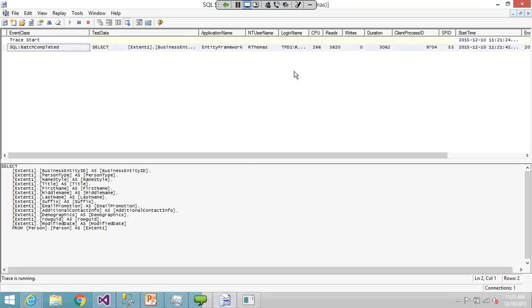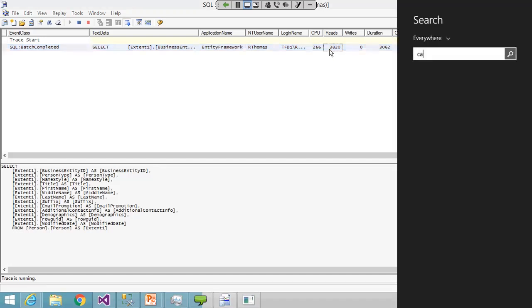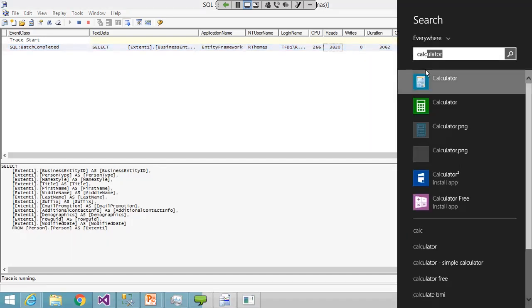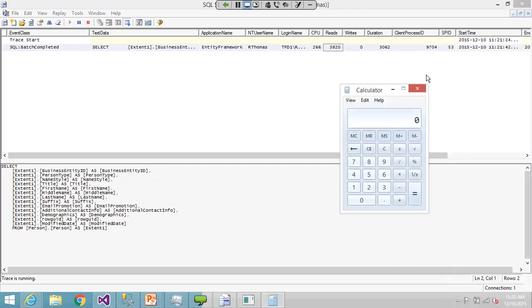This column right here is the one that I am most concerned about as a DBA. That query caused 3,820 reads. Each of those reads represents a data page. So if I bring up my calculator, I cannot do math in my head. I got 3,820 times 8. That is 30,560